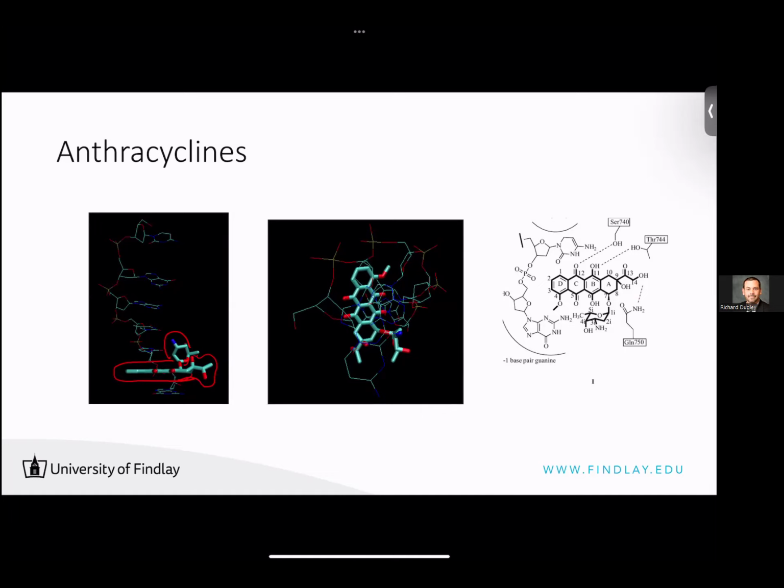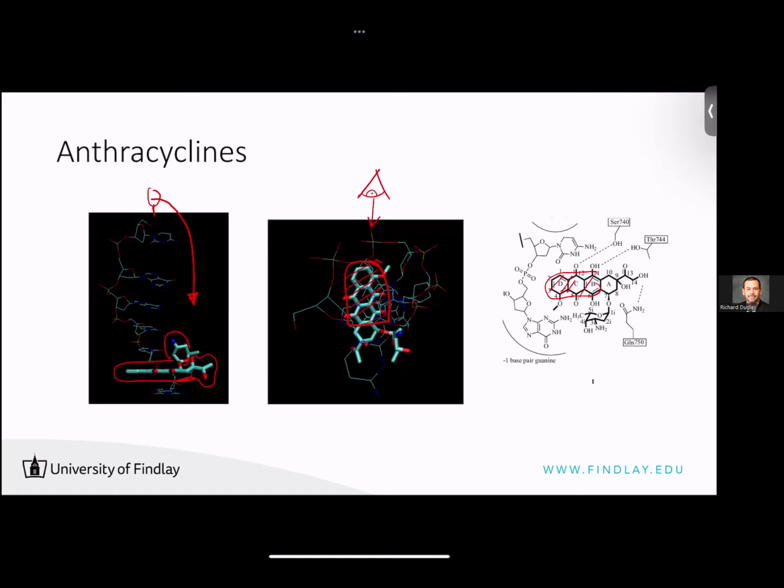Right? And then if you were to grab onto the top of this slide and sort of pull it towards you, what you'd be doing then is looking straight down through the helix, and you can see again, this area is intercalating